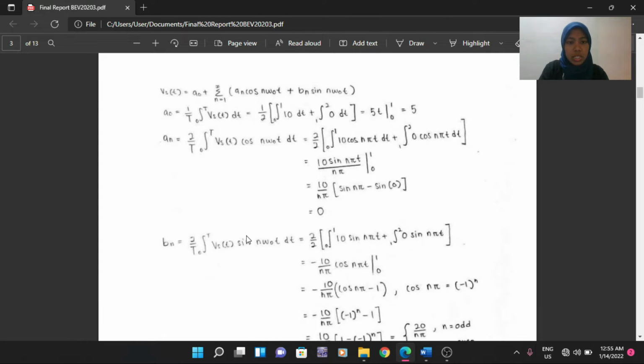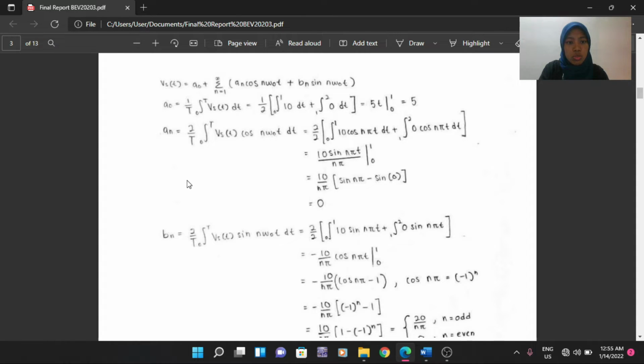After that, by using the general equation of the Fourier series, v(t) is equal to a naught plus summation where n is equal to 1 of an cos n omega t plus bn sin n omega t. And we use the equation a naught equal to 1 over T integrate from 0 to T v(t) dt equal to, we substitute the T value with 2 and integrate from 0 to 1 10 dt plus integrate from 1 to 2 0 dt and we got a naught is 5